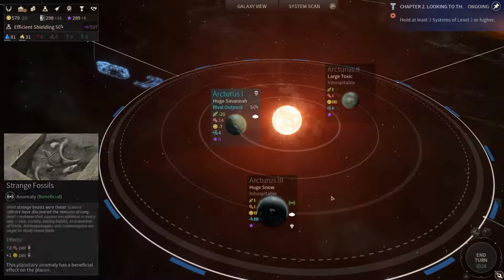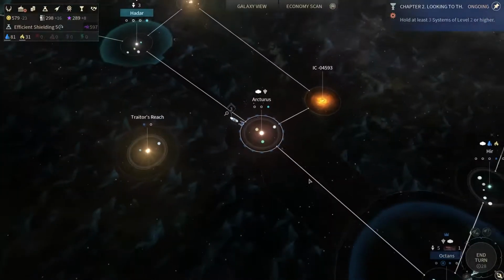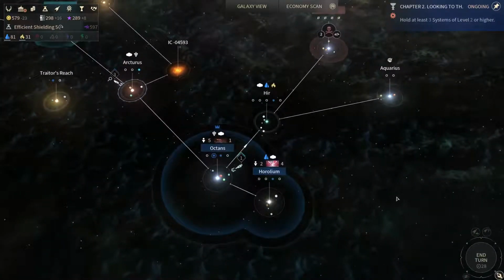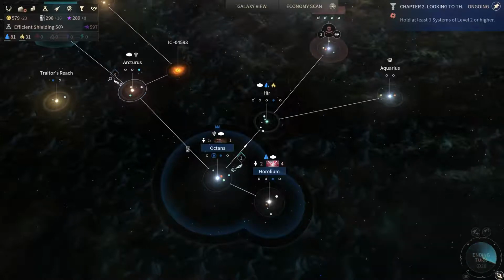All right, so we can send the colony over here, and once the Sophons finish their colony, we could just invade it and take that, and then make this two systems. So it won't be wasted time, I guess. Okay, let's